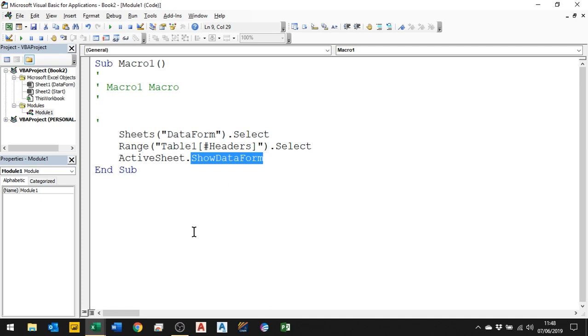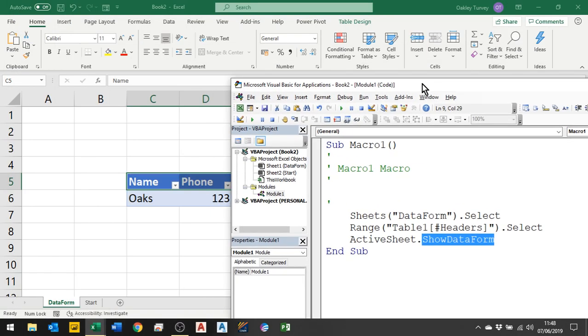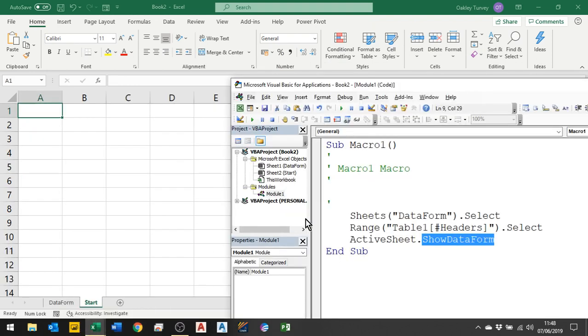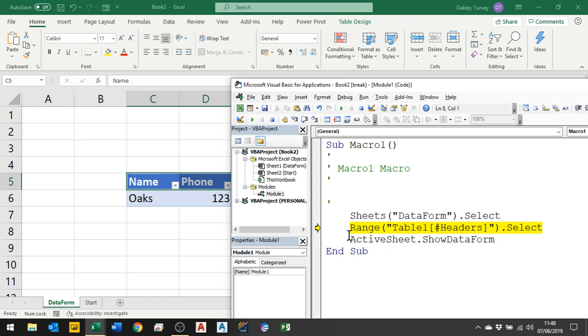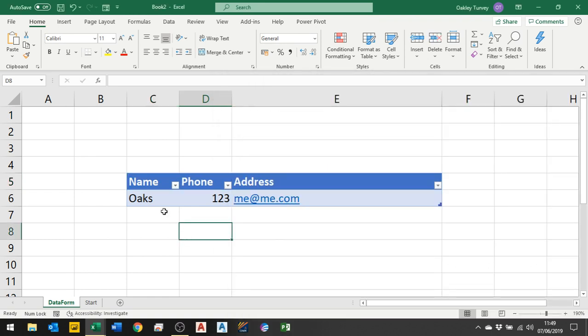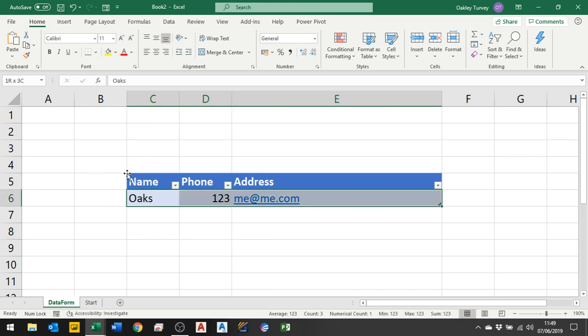But what happens when I run this code? I'm just going to move down here and switch sheets. So we'll actually step through this code so we can actually see it working. So first of all, I'm going to press F8 to step through the code. Now you can see it changing sheets, that's fine. You'll see it selecting the headers, that's fine. And now it stops. This is a problem to do with the way that Excel is referring to the data form. So I'm going to just end that, and I'm going to select my table,